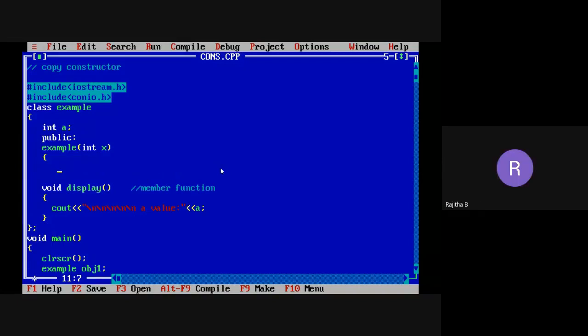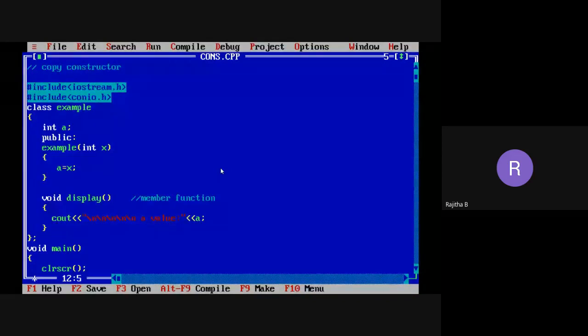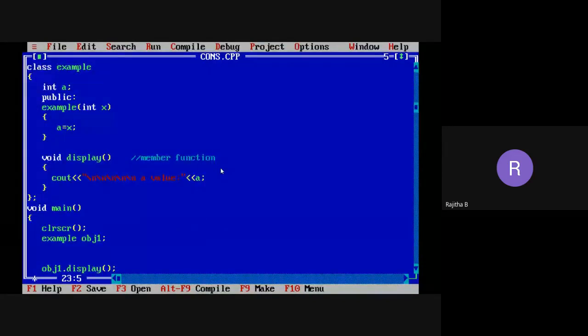Here I'm taking a equal to x. Now in the main function I'm creating the object obj1 and passing the parameter for the object. Like the previous example, I'm taking 10. Now I'm taking one more object, obj2, and here I want to pass obj1, because I want to copy obj1's values into obj2.